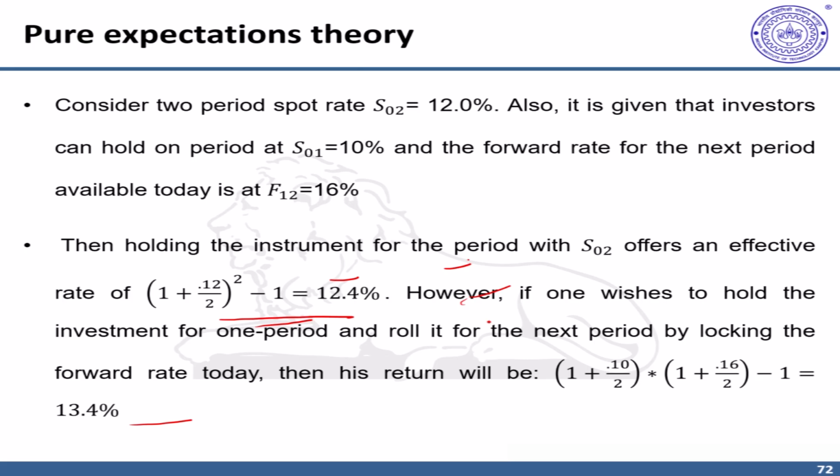Now, if more and more people do that, the overvalued instrument, which is this one, as more and more people sell it, will fall in price and the interest rate will rise. In contrast, in this instrument, which is offering a higher interest rate, more and more people will invest. Its price will rise and the interest rate will fall relative to this, and they will be well aligned.